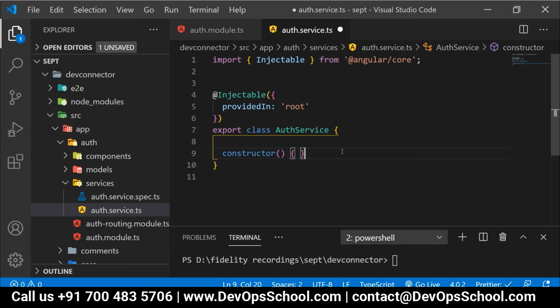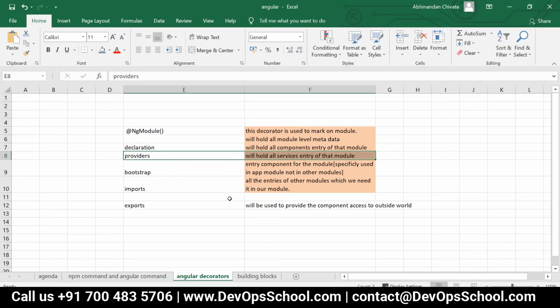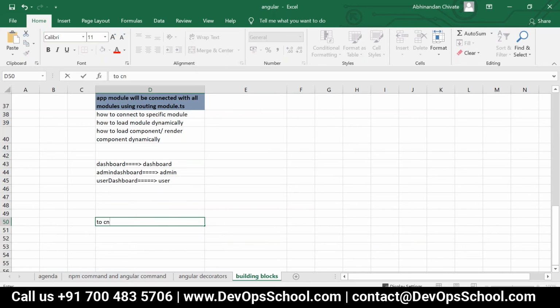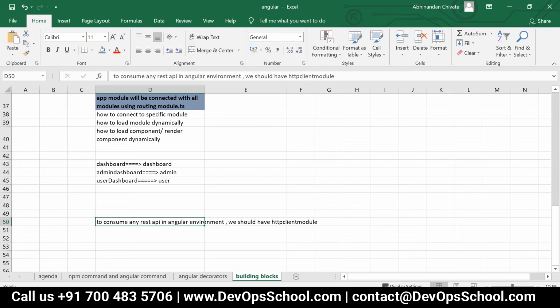Now, to consume any REST API in our Angular application, which module should we have?